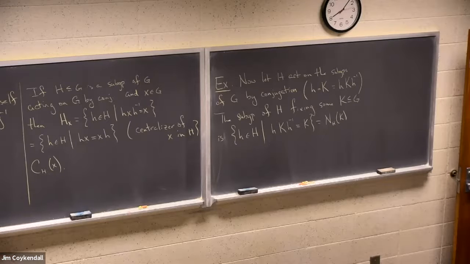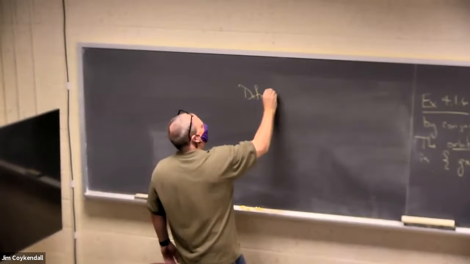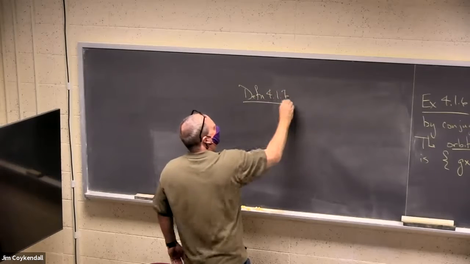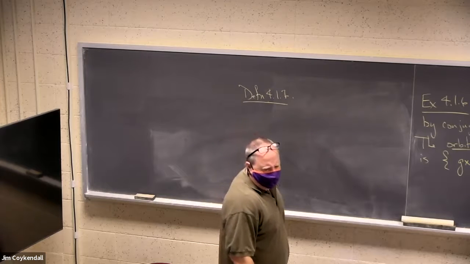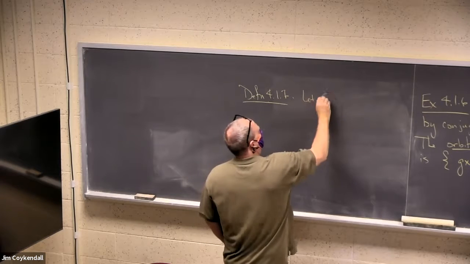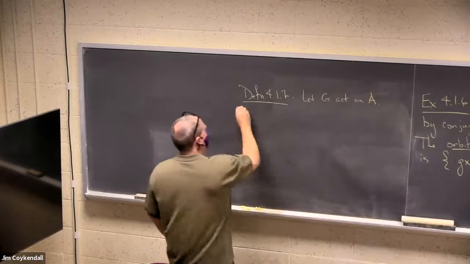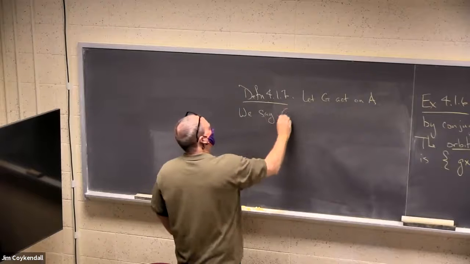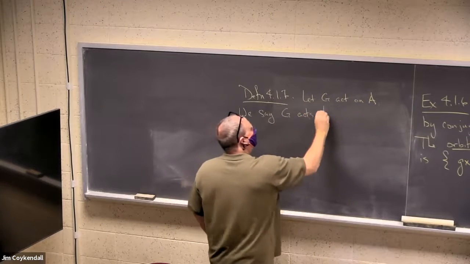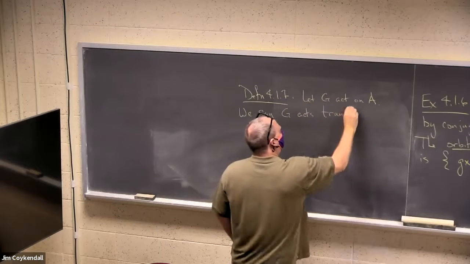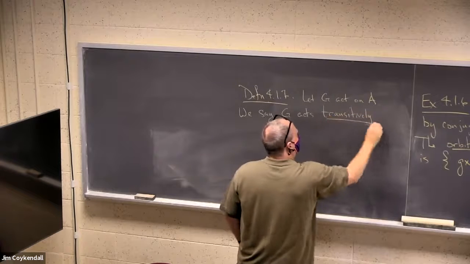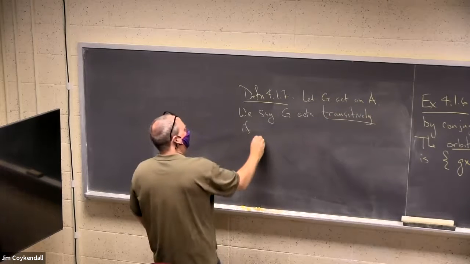Okay, here's another, I've used this word a little bit before. It shows up on your homework. Let me give you the following definition. This is a rather important concept. So suppose you have G and it's acting on A. We say G acts transitively if